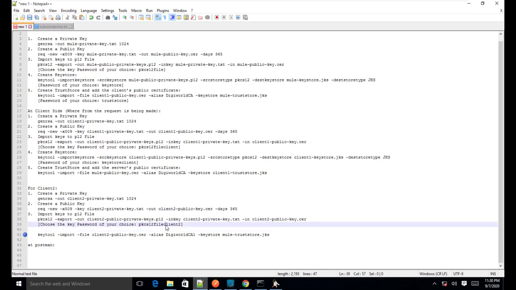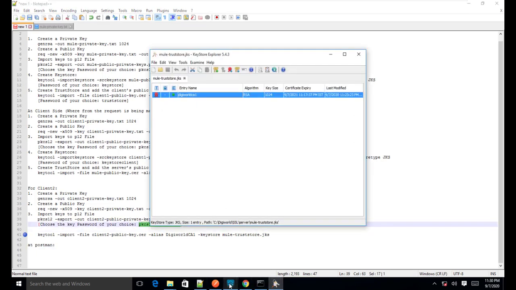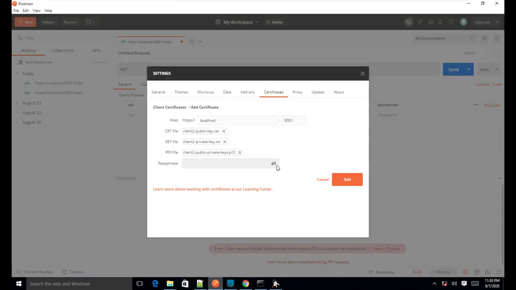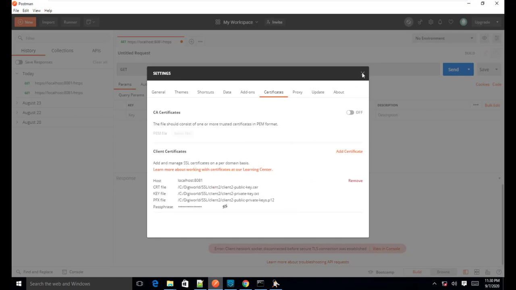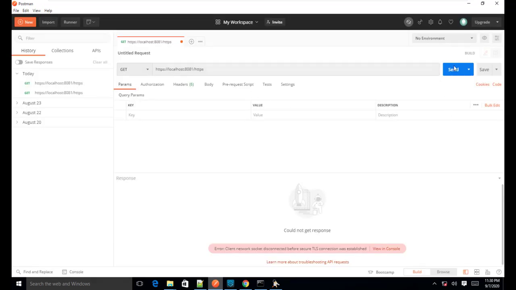And what was the password? This was the password for the P12 file, so I will mention that here in Postman, and that's it. It is now saved, and let us send one more request.